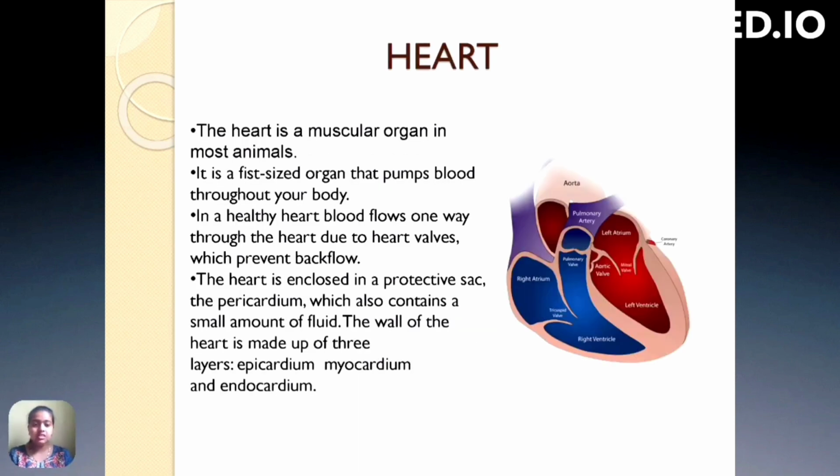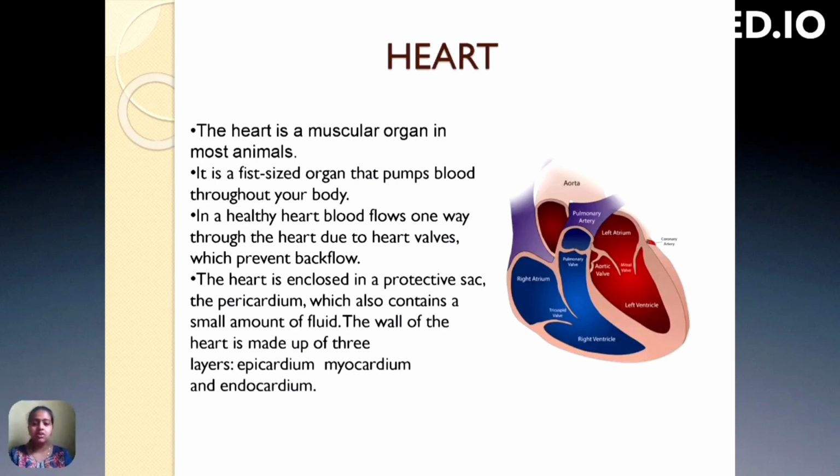Heart. The heart is a muscular organ in most of the animals. It is a fist sized organ that pumps blood throughout your body. It is the primary organ of our circulatory system. The pump blood carries oxygen and nutrients to the body while carrying metabolic waste such as carbon dioxide to the